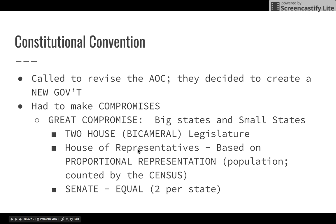We have the House of Representatives, which is something to satisfy the large states. I'm sorry. It is based on proportional representation. This is why the census, which counts population, is so important. Again, big states want proportional representation. Big states, House of Representatives. BH, big House, small Senate. Small states favor the Senate, is where we have equal representation